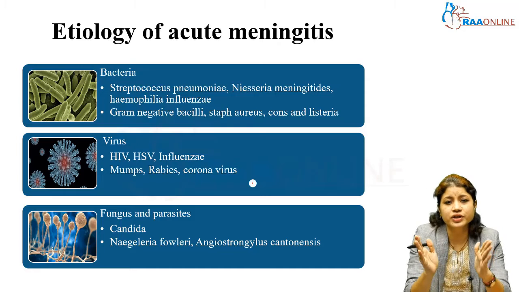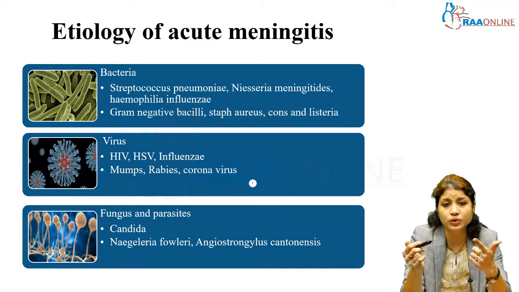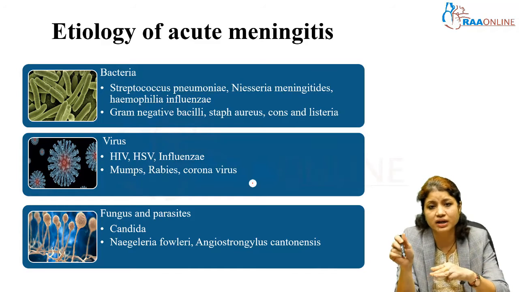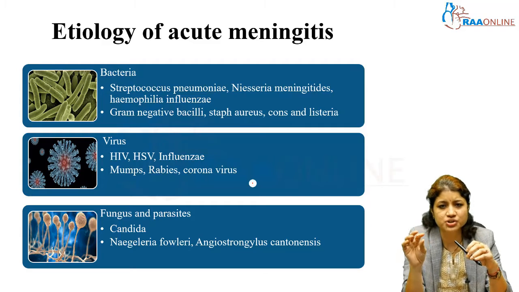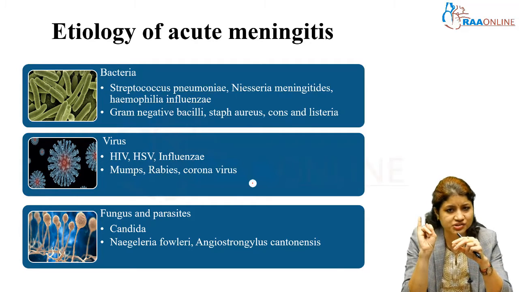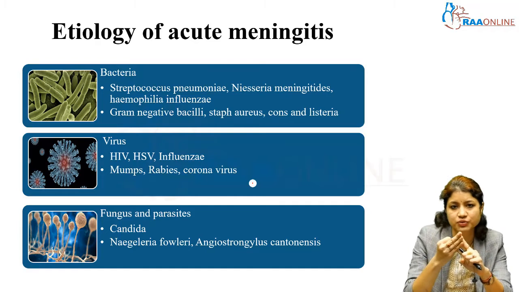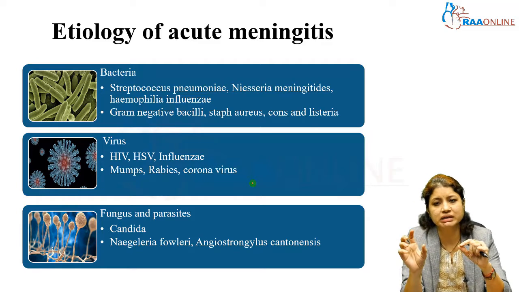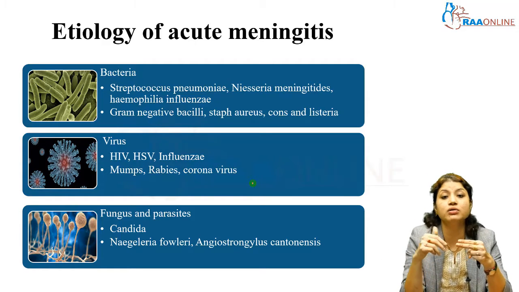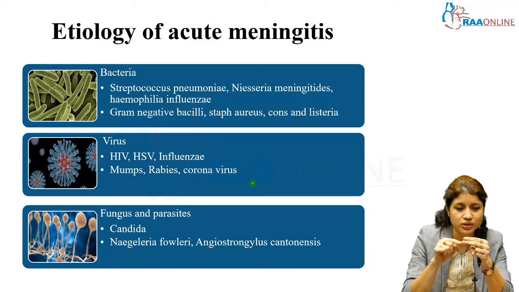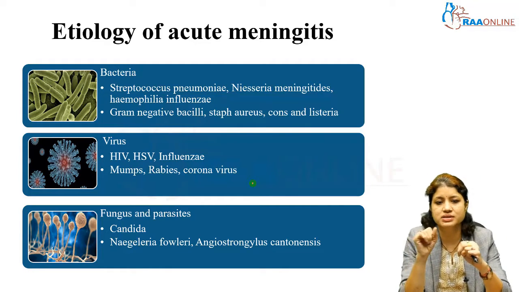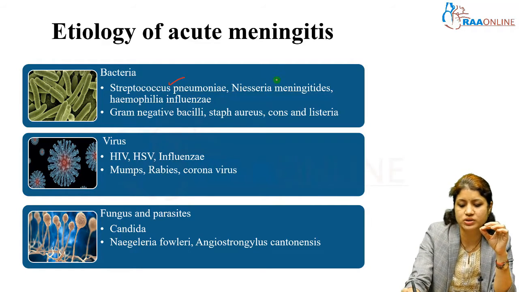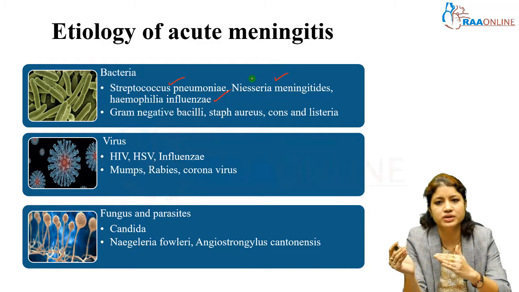Etiology. The etiology of acute meningitis is very important for you to understand, like what it can be, what is the most common bacteria and what is your targeted antibiotic there. So usually there are three bacteria: Streptococcus pneumoniae, Neisseria meningitidis and Haemophilus influenzae, which are predominantly seen to be causing meningitis. All these three organisms have not gone into that resistant pattern. They still do respond very well to our penicillins or cephalosporins. This is mostly for community acquired meningitis, that is Streptococcus pneumoniae, Neisseria meningitidis and Haemophilus influenzae.